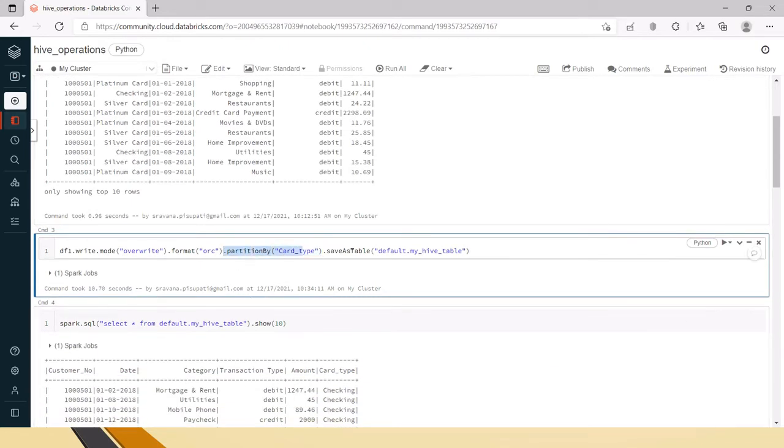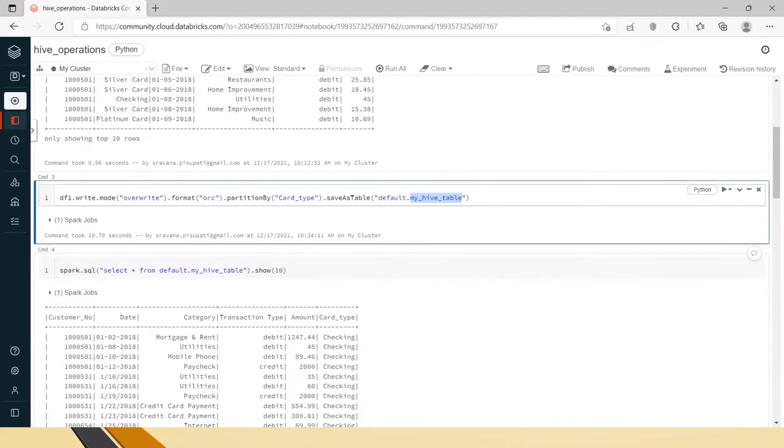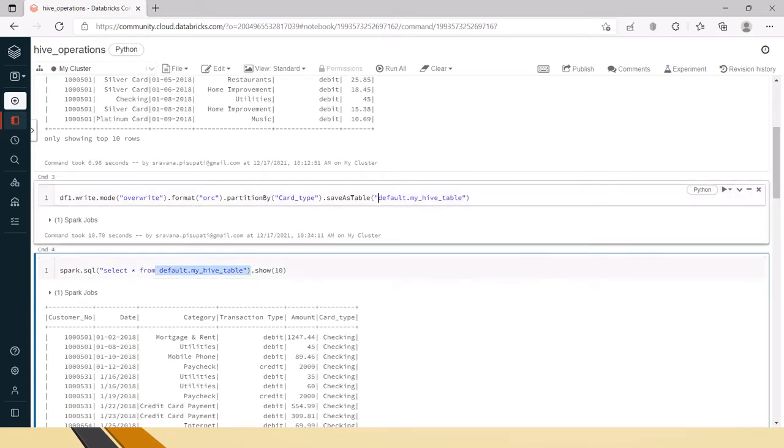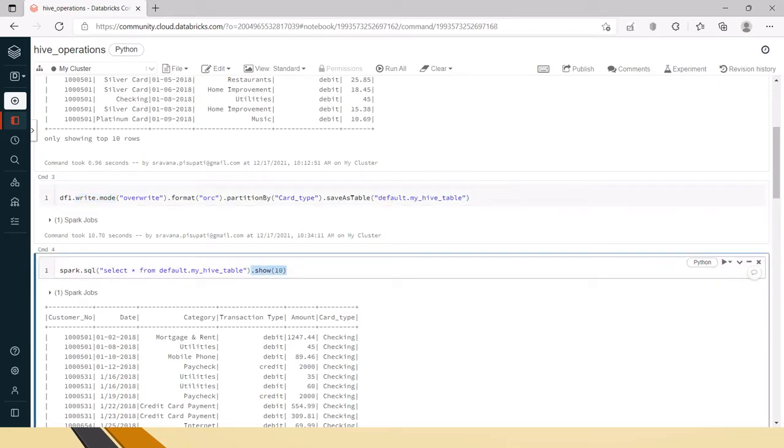Then perform this partition by mentioning the column name under the partitionBy option, and then saveAsTable, giving your database name dot table name. Once you do that, you can verify it using this command: spark.sql select star from database name dot table name, which we have given in the previous step, and dot show of 10.